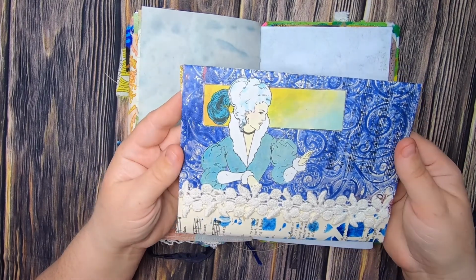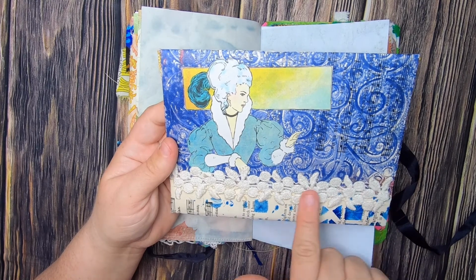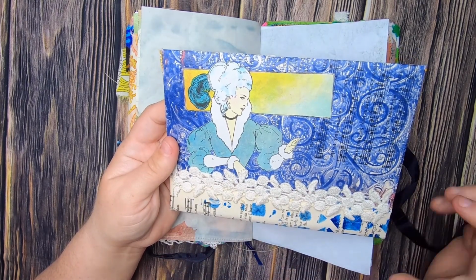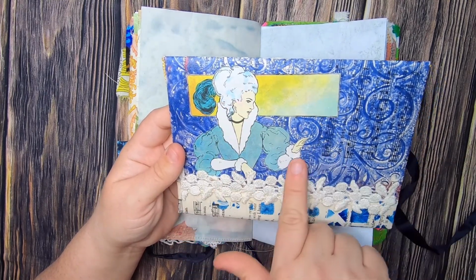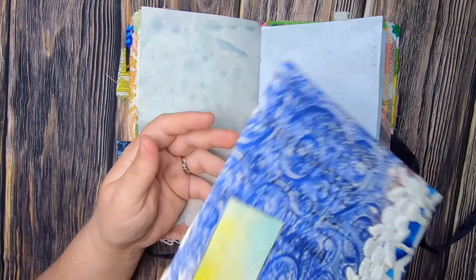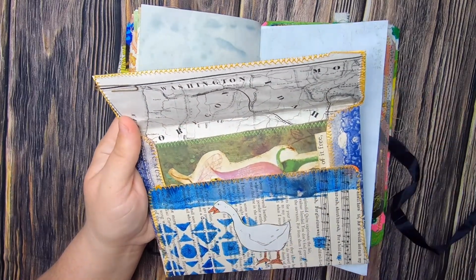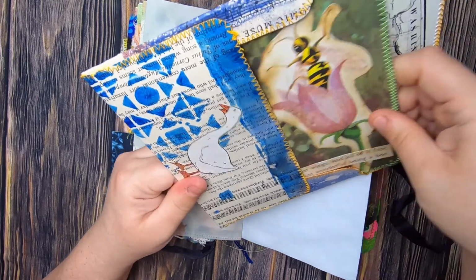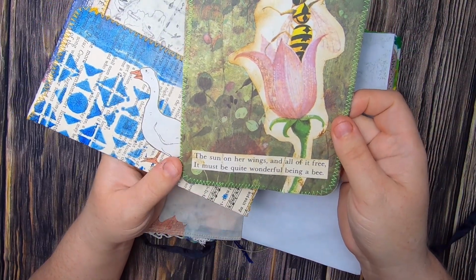This is made from vintage music paper that was jelly printed. Then I've added this vintage ribbon trim. It's like an embroidered trim. And then this beautiful fussy cut woman. I just really like that image. And the back, more painting, a little goose friend there, and the inside has a map, the inside of the envelope. And then on the inside is this large journaling card that says,